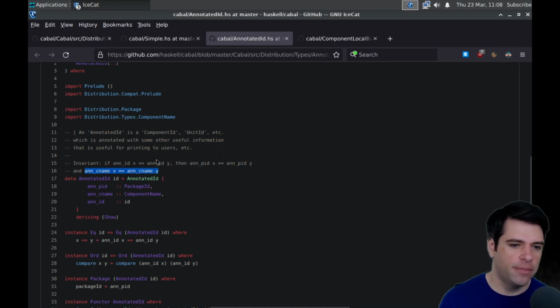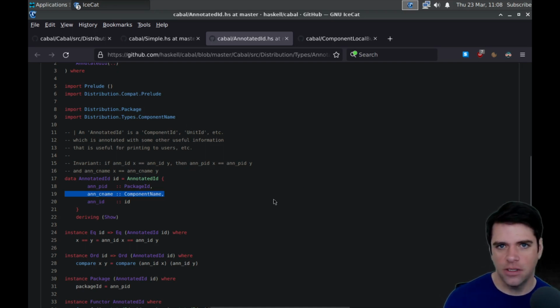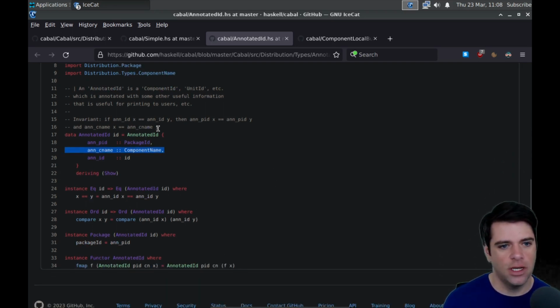And a CNAME is a component name. So the same package ID and the same component name. They may not have the same version, I guess. I don't know if the component name considers version. But it's the same, I guess, component.